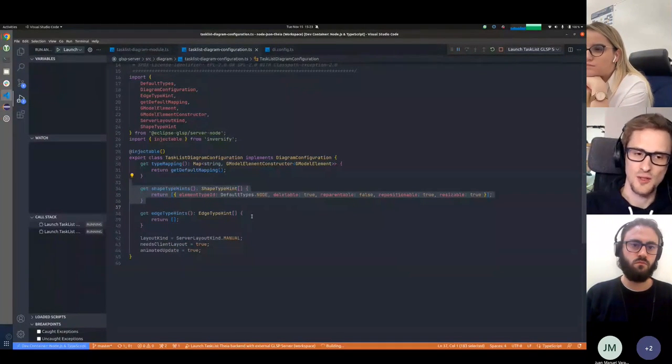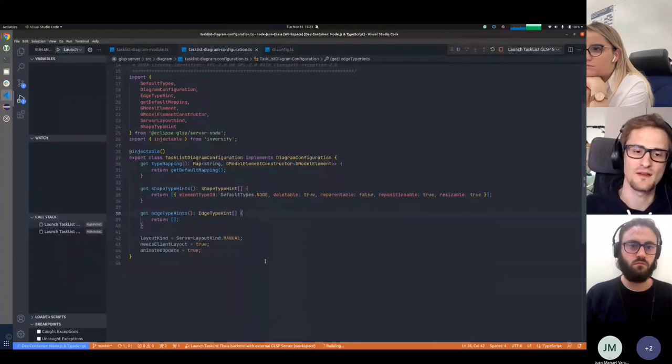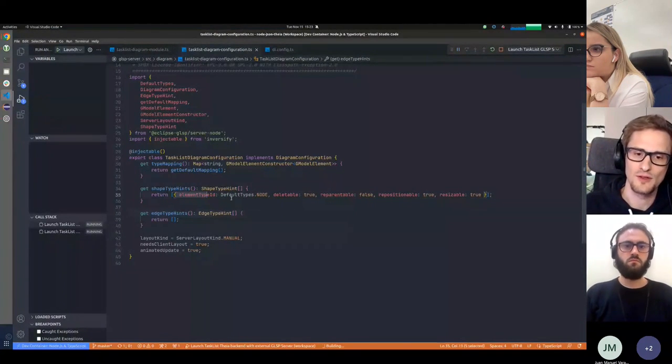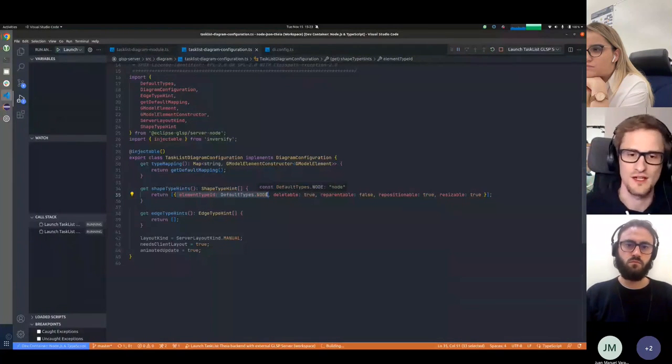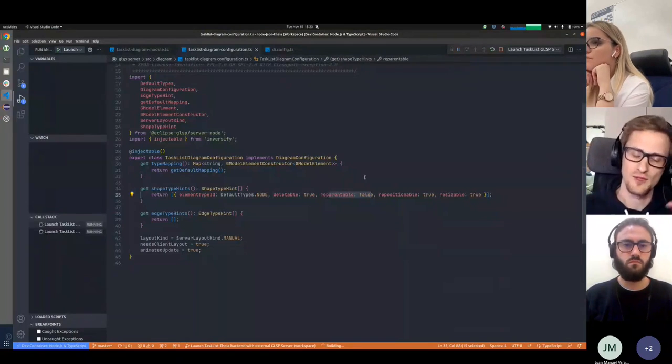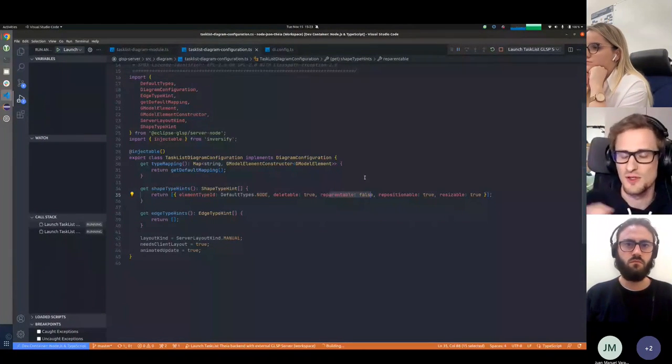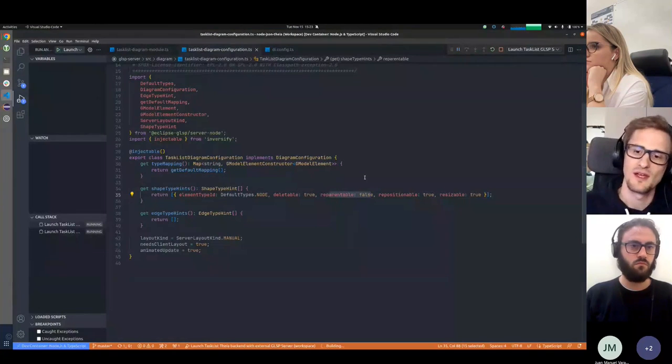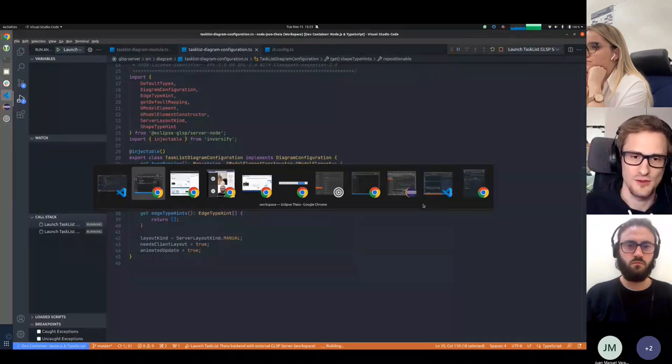Then you specify shape hints, and shape hints basically then provide more information for each of those types that we use in the graph model. So in this particular example, we only had one node type. You remember these ugly task nodes. And we specify now how they should behave. So we say, okay, they should be deletable. They should not be reparentable. So that means you can't move them from one container to another because there are no containers essentially. But they should be repositionable. So that's basically that you can